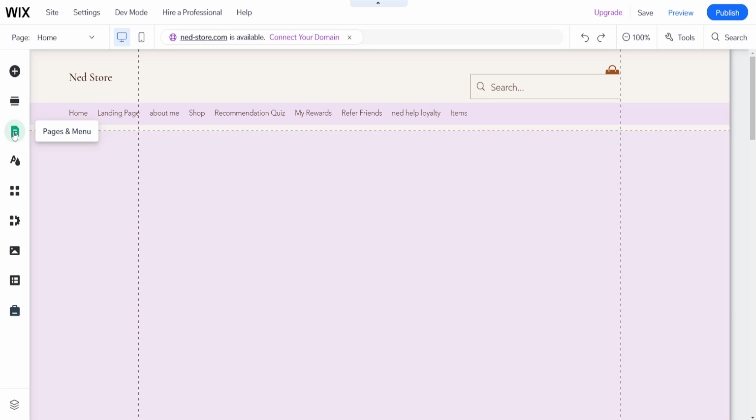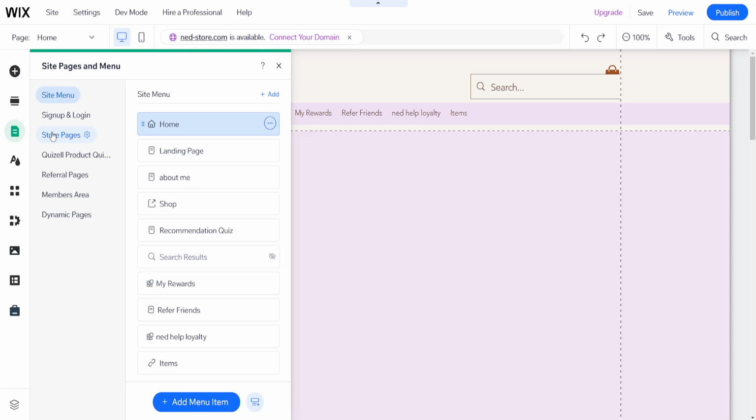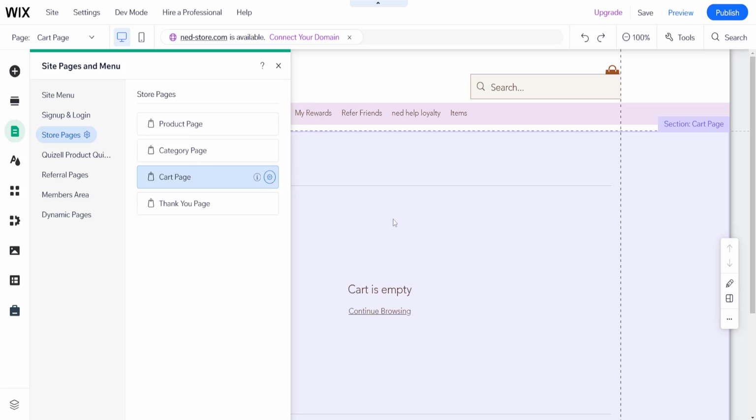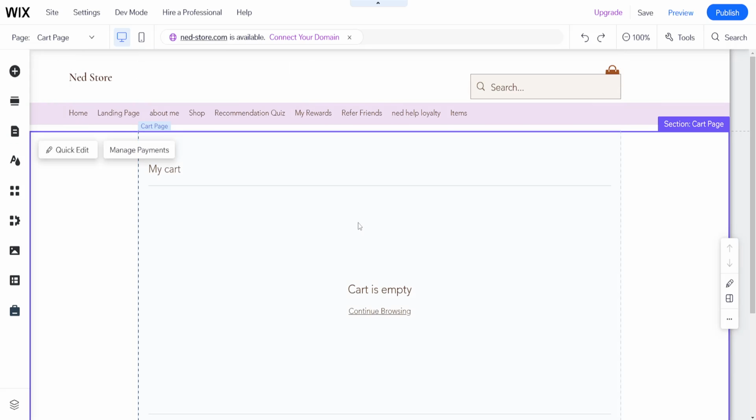go to pages and menu from the left side here, and then we have to go to store pages, and then we have to go to cart page and just click on cart page here. So after we click on it, then it will take us to the cart page itself, and it's going to